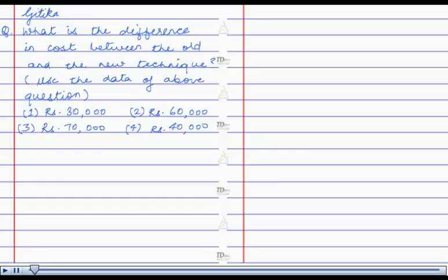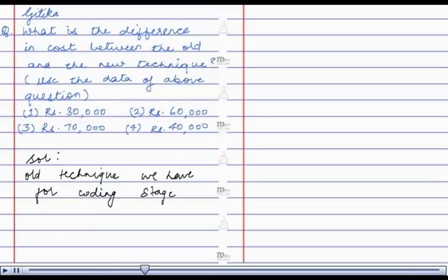Hello, I am Gitika. The question is, what is the difference in cost between the old and the new technique? Use the data of the above question. Solution. The difference in cost between old and the new technique is, in old technique we have for coding stage